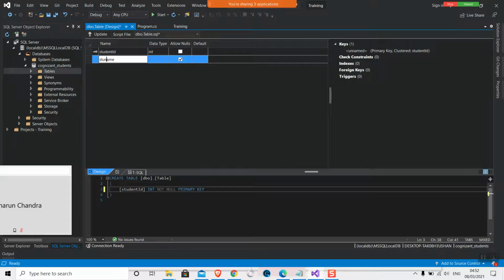But usually with SQL, whether you work on Oracle, SQL Server, MySQL or any database, SQL works well with capital letters. So always try to write your query or your code in capital letters, at least the keywords and the column names.